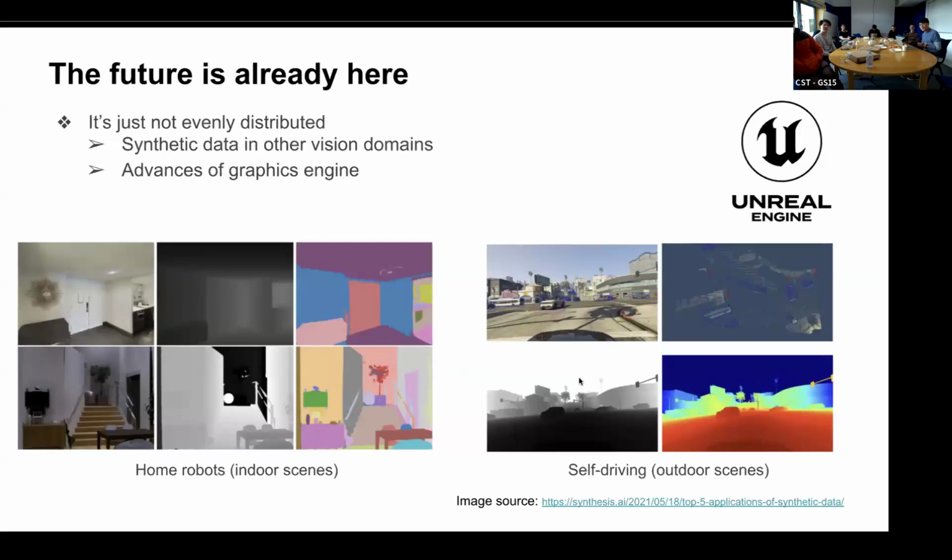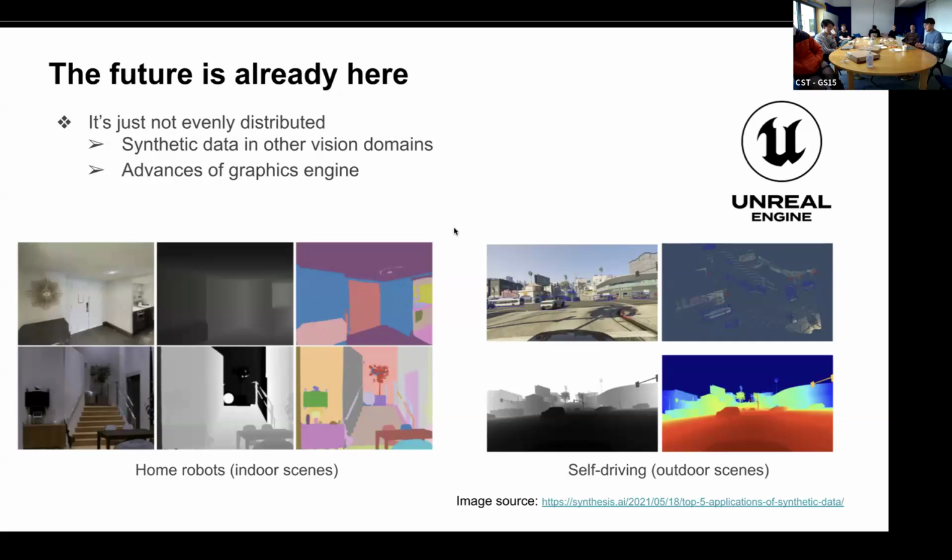And there's another thing. Unfortunately, the future is already here, right? We do have some alternatives, but it's just not evenly distributed. If you look into other vision domains, people don't completely rely on real data. Synthetic data in other vision domains has been achieving some very successful applications. This is due to the advance of graphics engines, like the Unreal Engine. If you have played some video games, you will see that currently the graphics engine is very capable of rendering